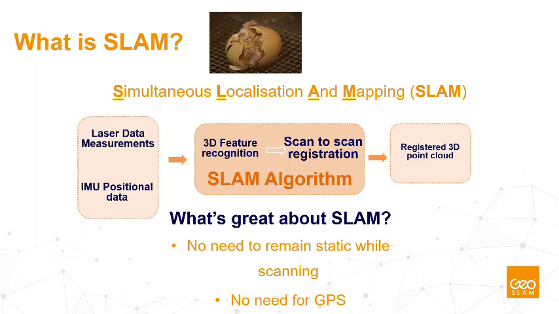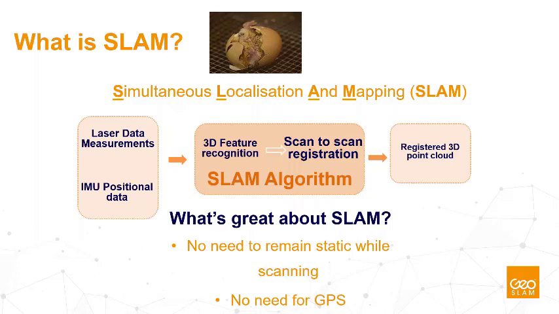It takes care of the scan-to-scan registration. As a result, you first have a local SLAM, and then at the end, you close a loop, you have a global scan, and what comes out is a registered 3D point cloud. So a similar data format to what would come out of a stationary or terrestrial laser scanner. You probably know the formats LAS, LAZ, PLY, etc.